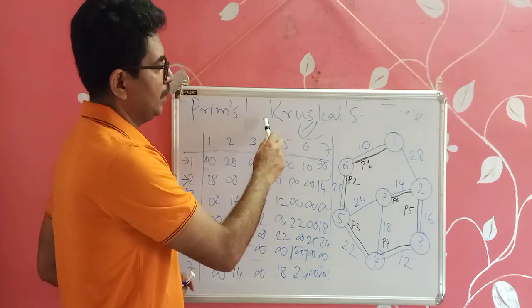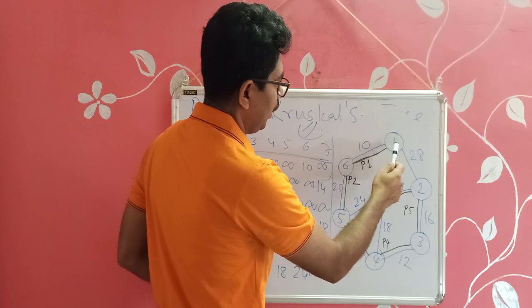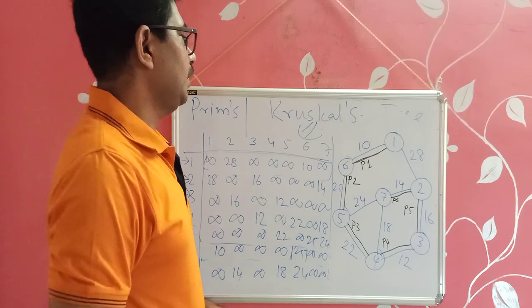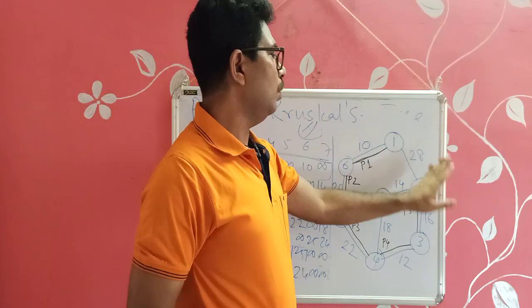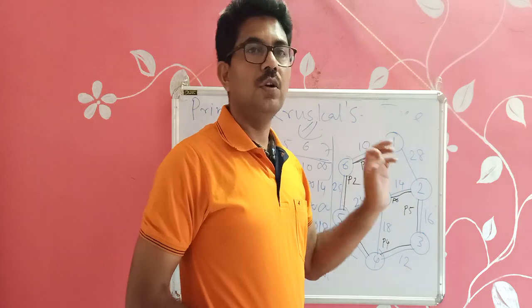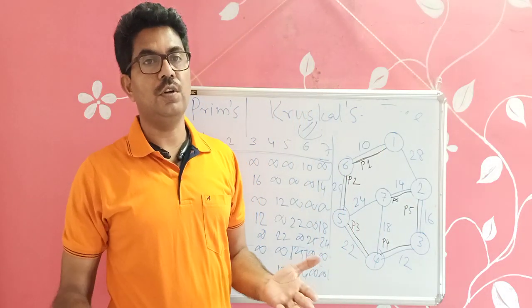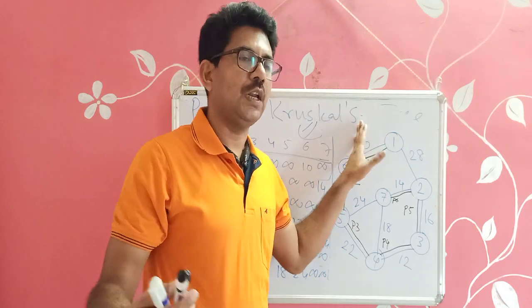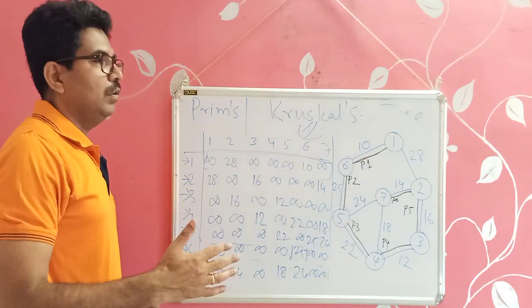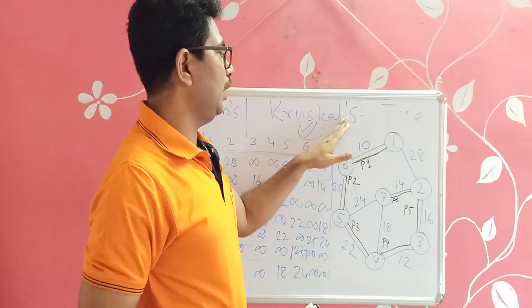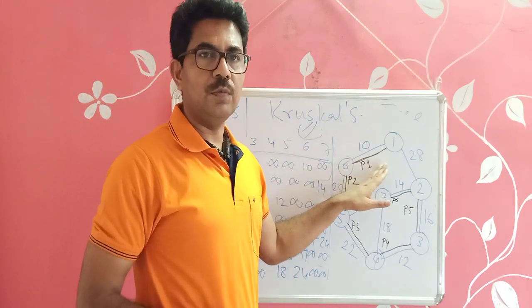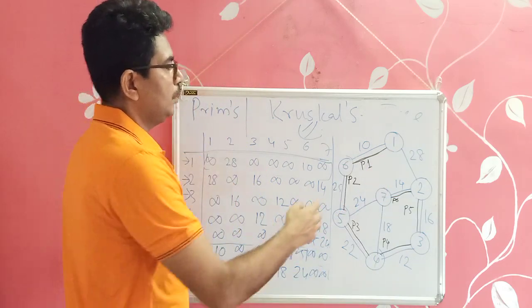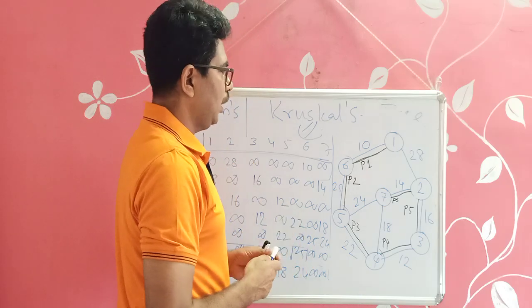First, Kruskal suggests that you select the edge which is having minimum weight. At the beginning, there is no edge or no vertex or no tree in the forest. So Kruskal starts with the void or null. Then, whenever we execute the first step, it says that you select the edge which is having minimum weight among all these. So in our example, which one is the minimum? This is the minimum weighted edge.